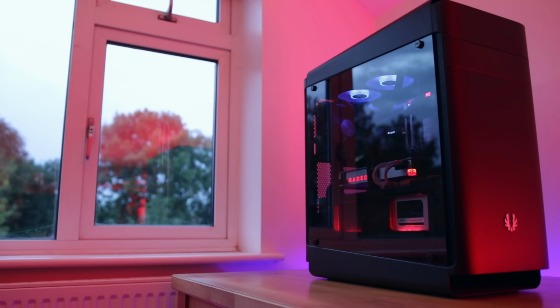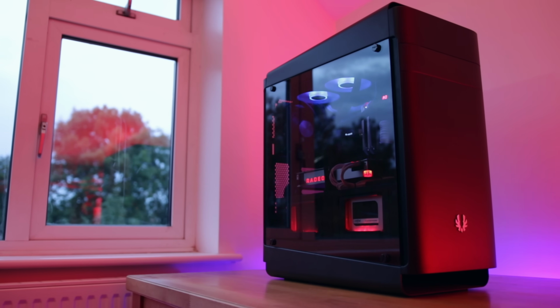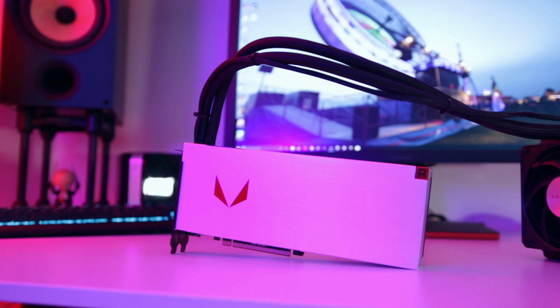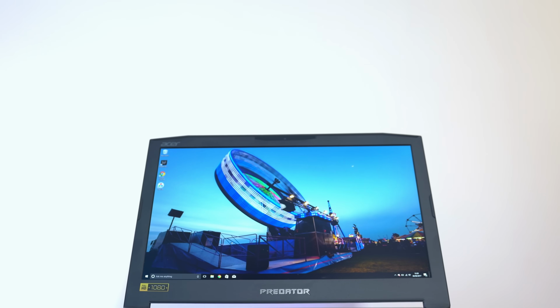Because the thing is with desktop computers, you can recycle bits going forward, so you can use the same case, the same power supply, the same RAM, things like that, and you can upgrade the graphics card or CPU and get more performance. Whereas on the laptop side of things, this is significantly harder,